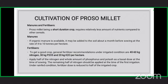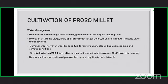Nitrogen and the whole amount of phosphorus should be applied as basal dose. The nitrogen should be applied at the time of the first irrigation. Under rainfed condition, the fertilizer dose is reduced to half of the irrigated crops. Talking about the water management, as the proso millet is a kharif season crop,